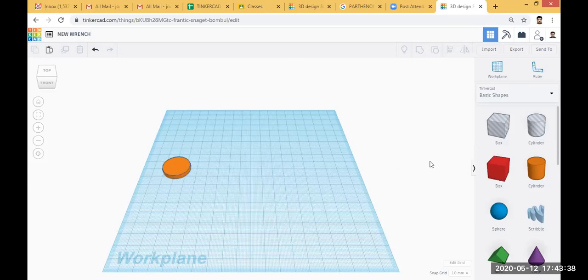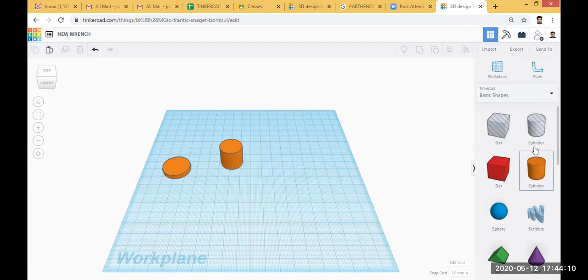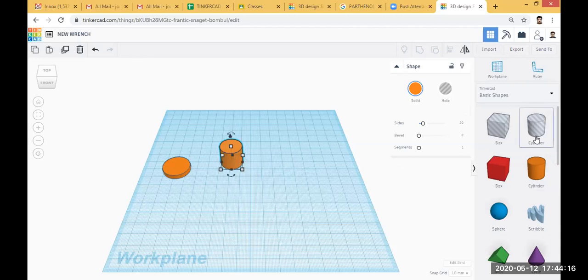Okay, then the next option is I want to create a hole inside the cylinder. So for that, again I will select the cylinder option. I will click the cylinder, I will move it. Then the next operation is cutting, or hole creation. So for that, you have to change this cylinder into a hole. Here you can see an ash colored cylinder above the cylinder in the basic shapes area. So click this cylinder in your work plane and then click the ash colored cylinder option.